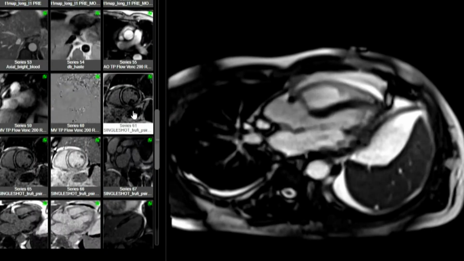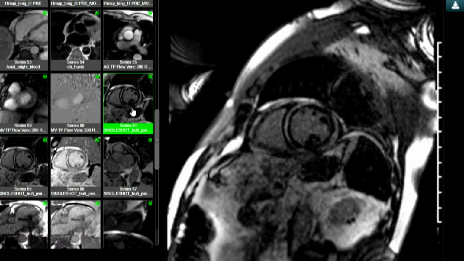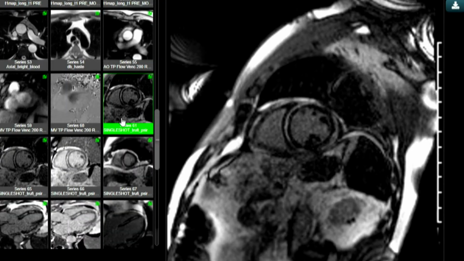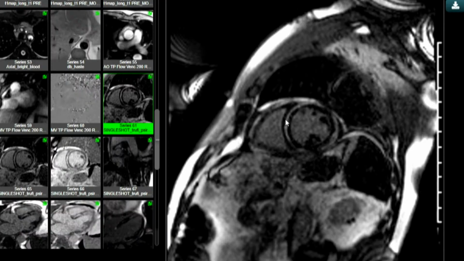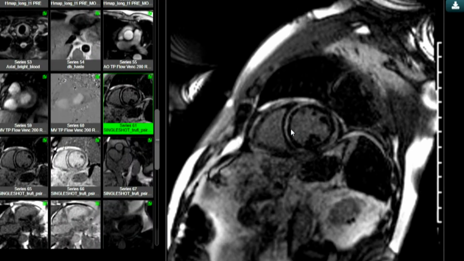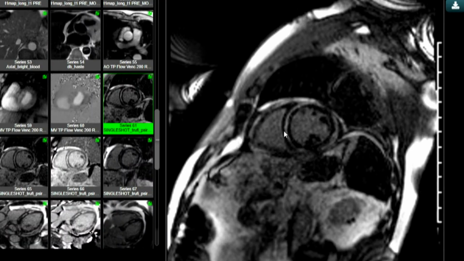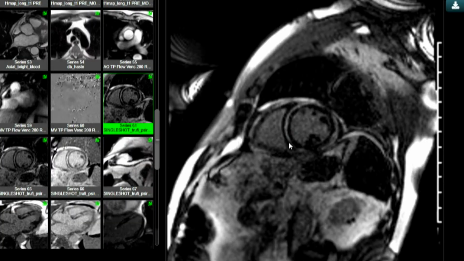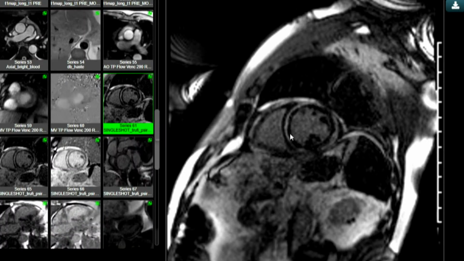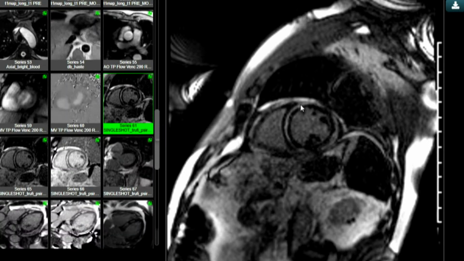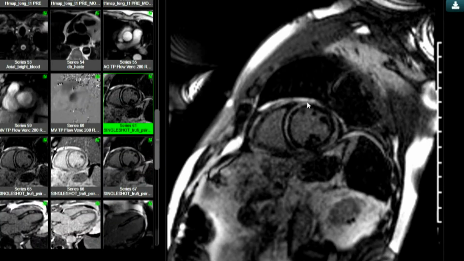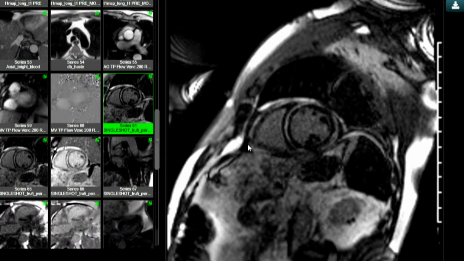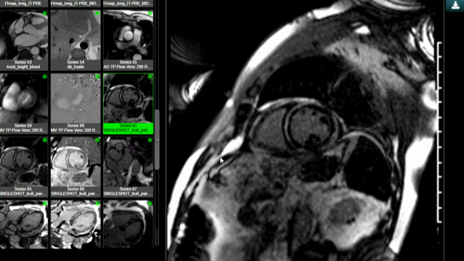But with all of this, even with the real time, we actually have very good late gadolinium enhancement sequences. So in this situation, just to turn your attention to this late gadolinium enhancement, it is actually a ring-like late gadolinium enhancement throughout the myocardium. It's sparing the endocardium, and it probably is involving the subepicardium. So this is what we would call a classic subepicardial LGE pattern, and more like a ring-like enhancement of the